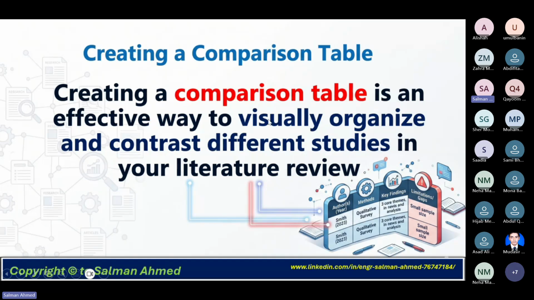Creating a comparison table is basically the perfect way to organize and find different studies that contrast with your study, or that may contrast with your aspects.